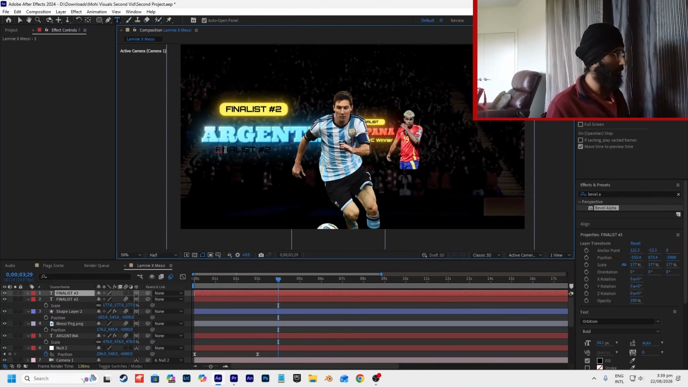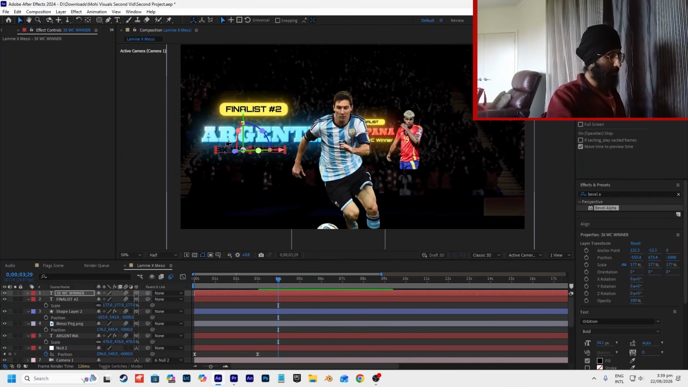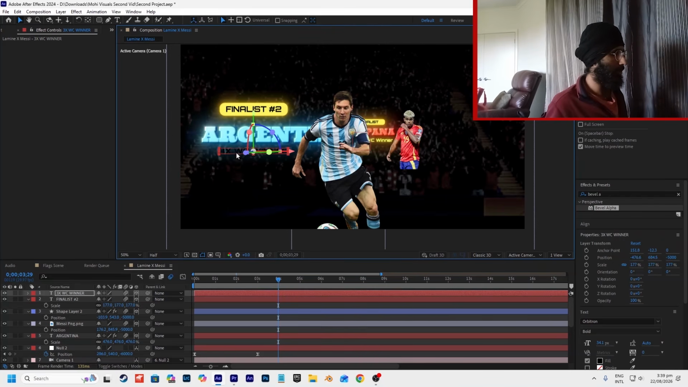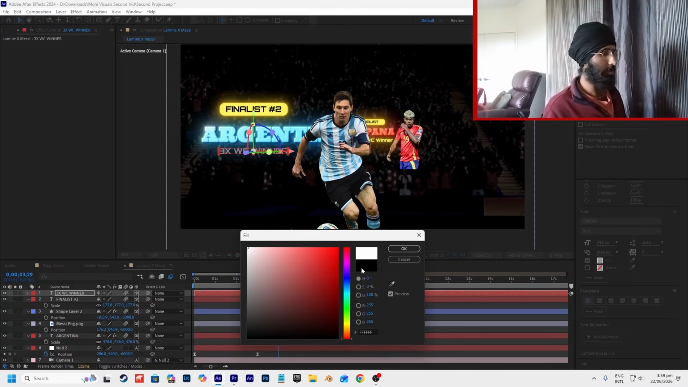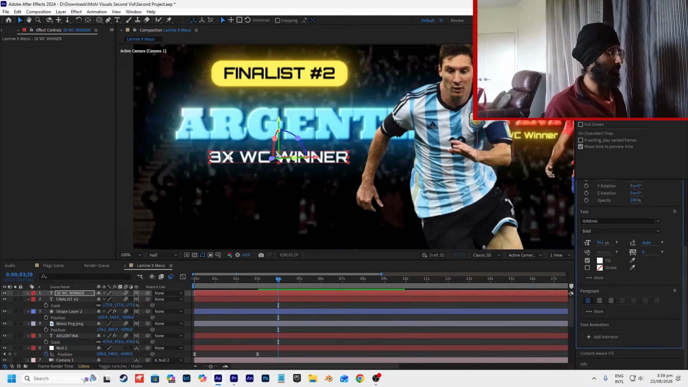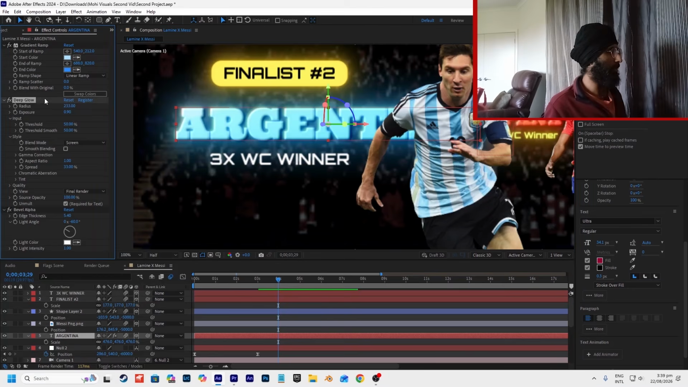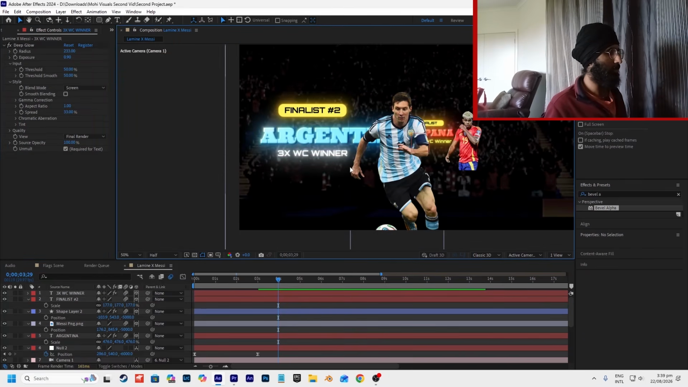Duplicate this again. 3x World Cup winner. Control Alt Home to center that anchor point. And we're gonna make the fill white. And copy and paste the deep glow down on